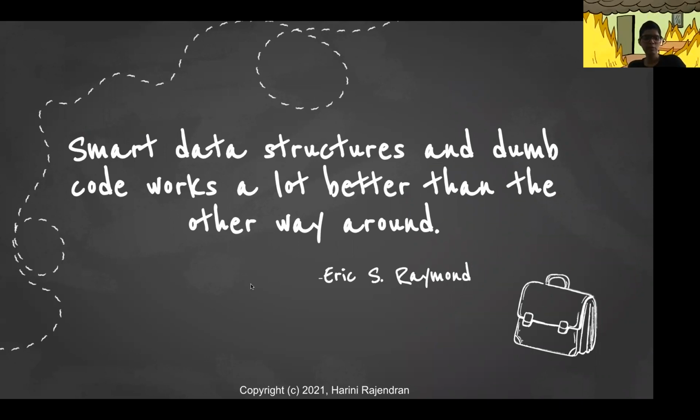So it's very, very important to select the most efficient data structure for any given problem at hand, because the same problem can be solved efficiently using one data structure in an order of n fashion, and it can be solved using exponential or n square time complexity using a data structure that is not suitable for it. So choosing a smart and efficient data structure that is relevant to a problem is very, very crucial.